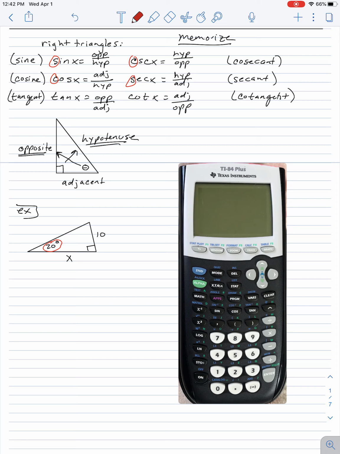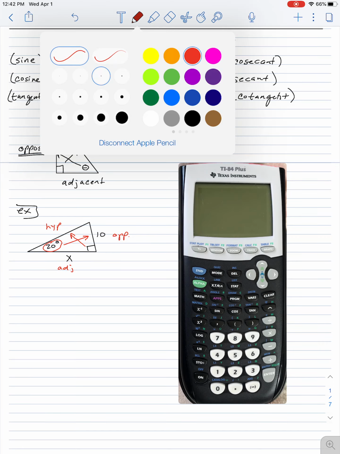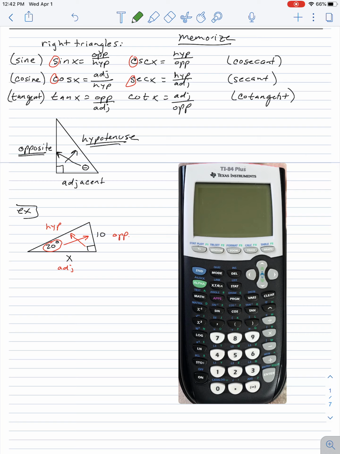label the sides. So remember that the hypotenuse is always across from the right angle, so this is the hypotenuse. The opposite side is always opposite the angle labeled. So this is opposite, and the third one is the adjacent. And then you circle what you have and what you want. So I have a 20, I have an angle, and then I have the opposite side, and I want the